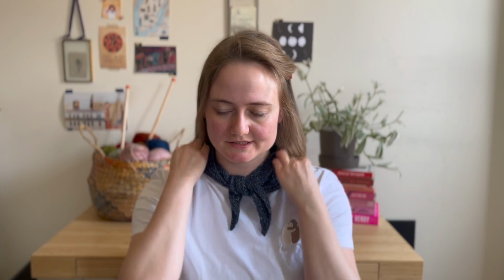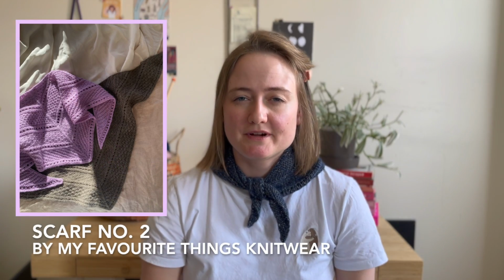I finished it yesterday, so I didn't have the opportunity to test it out against the subway air conditioning yet, but it feels very soft and nice around my neck, so I think it will fulfill its purpose properly. So that's number one. Other scarves that I found that I like are scarf number 2 by My Favorite Things